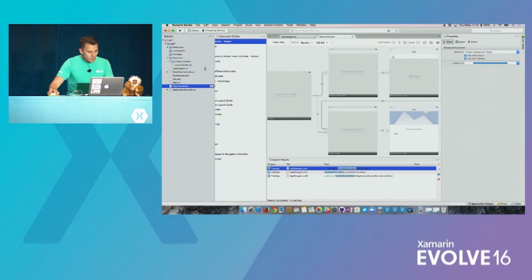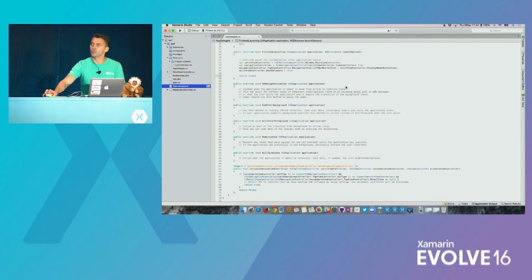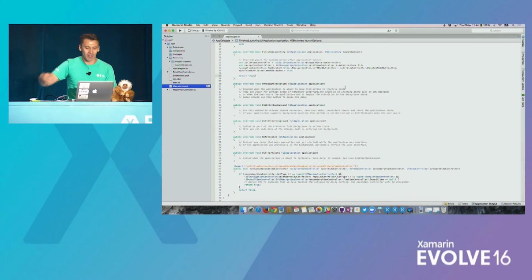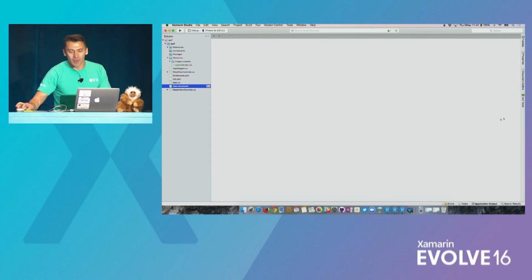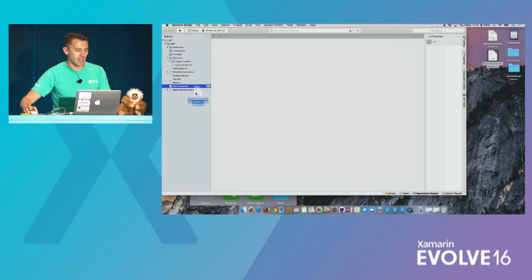So we actually do need to add some code to make this work. Oh, shoot. Someone saw me hit don't save. That's OK. I've got one prepared to sub in. But we need to add some code. So if we were to add the code here, I've got a